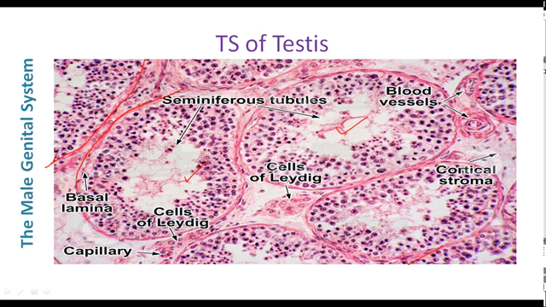These boundaries are called tunica propria, and inside the space between seminiferous tubules, that is in the interstitium, there are many interstitial cells. Here also there is an interstitial cell. These cells are known as Leydig cells. These cells are endocrine cells which act under the control of luteinizing hormone of the pituitary gland. In response to LH, these cells, that is the Leydig cells, produce androgen, and androgen directly acts on